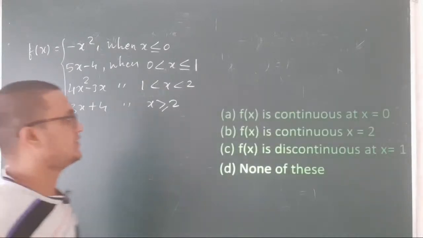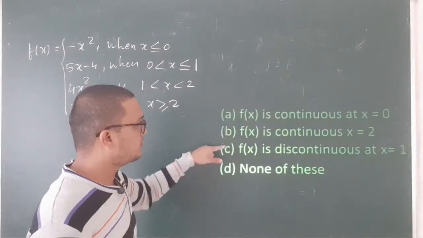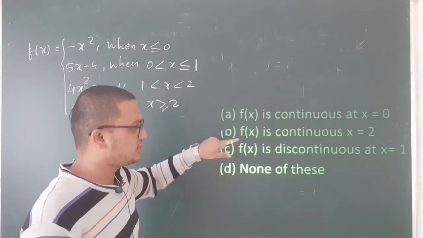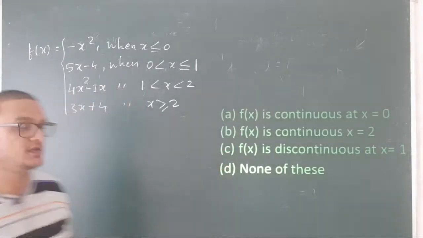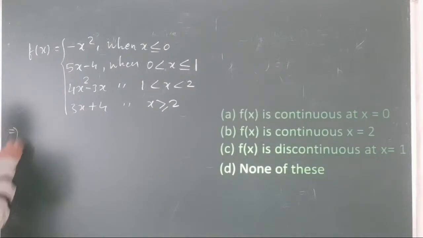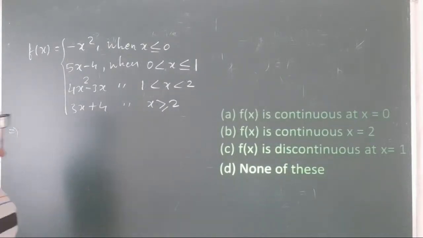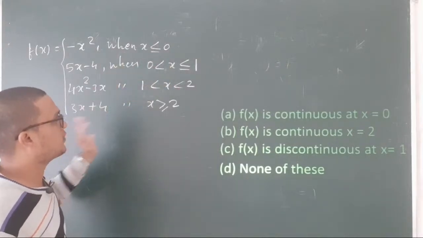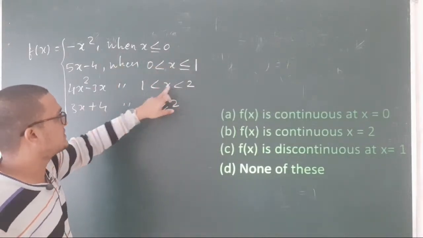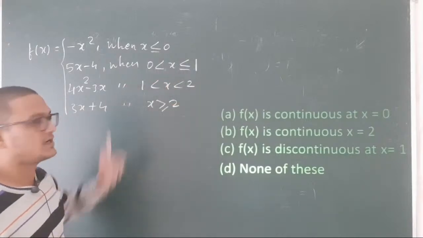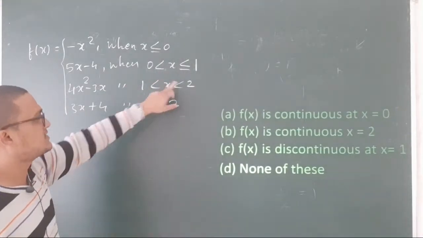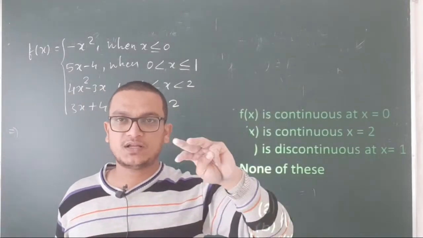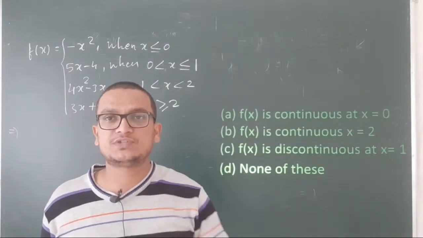these are the options. F of x is continuous at x equals 0, f of x is continuous at x equals 2, f of x is discontinuous at x equals 1, and none of the above. Okay, so if you observe how many limit points are there in this, x is less than 0, x is greater than 0, so 0 is the limit point, x is less than 1, x is greater than 1, 1 is the limit point, x is less than 2, x is greater than 2, 2 is the limit point. So total 3 limit points are there, and for every limit point you have to check the continuity,